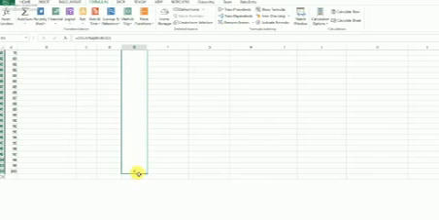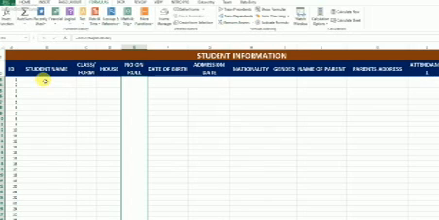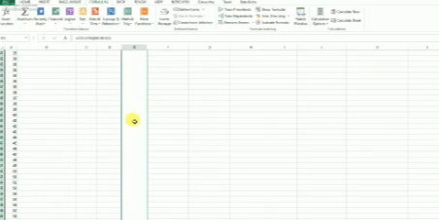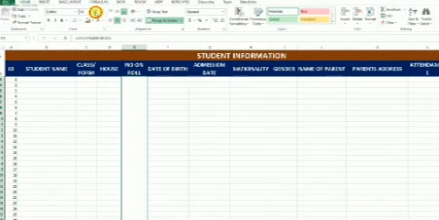So we have 0 there. The reason it's 0 is that we don't have any name there. If I type any name, the system will start counting the number of rows for me. With this one, you can select it and come to Home, then change the font size. You make it bold or a little bigger, let's select 22. Then you click on this place.